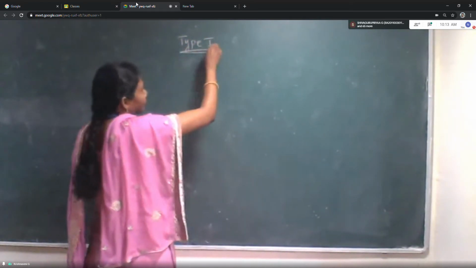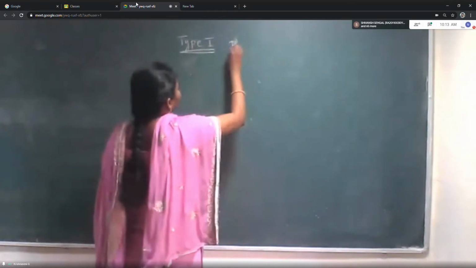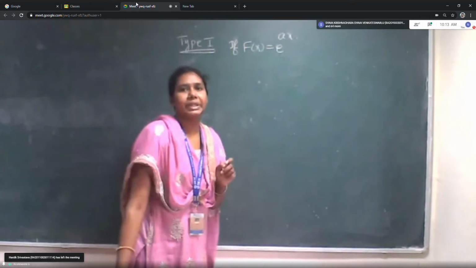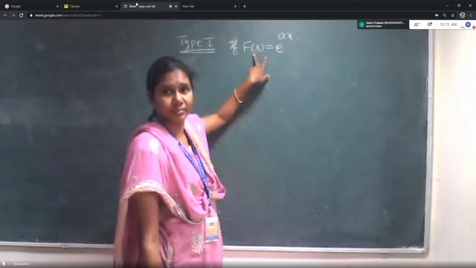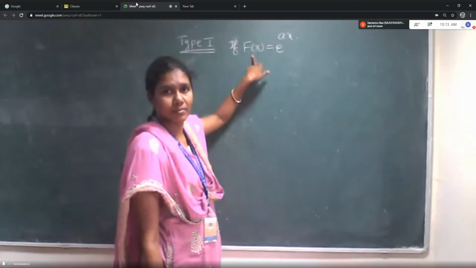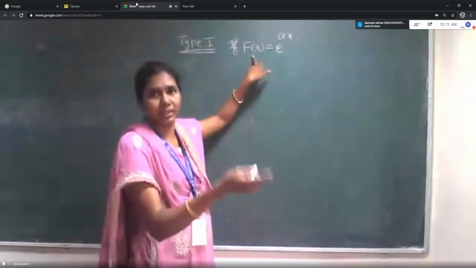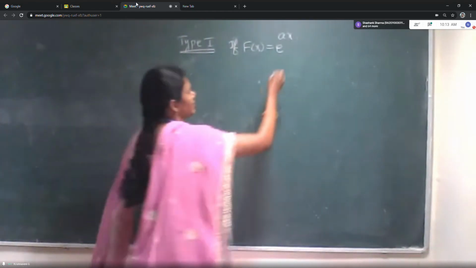Okay, first, type 1. Guys, listen here. If f of x equals e power ax, which means, what is this f of x? It is the RHS, the right hand side value. In the given equation, the right hand side value is f of x. If f of x equals e power ax,